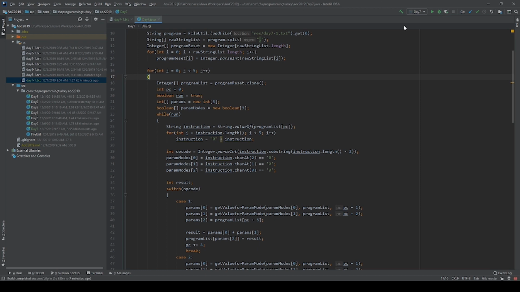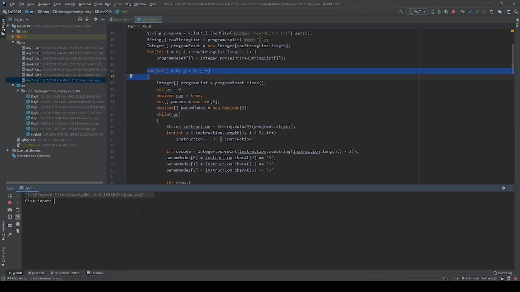So let's go ahead and run this. I've already set up a for loop here to make this run 5 times. The first input will be the phase setting. So let's just do 0 as an example. We get 0 as our input. The output's 92. So the phase setting for this one will be 1. Input will be 92. We get